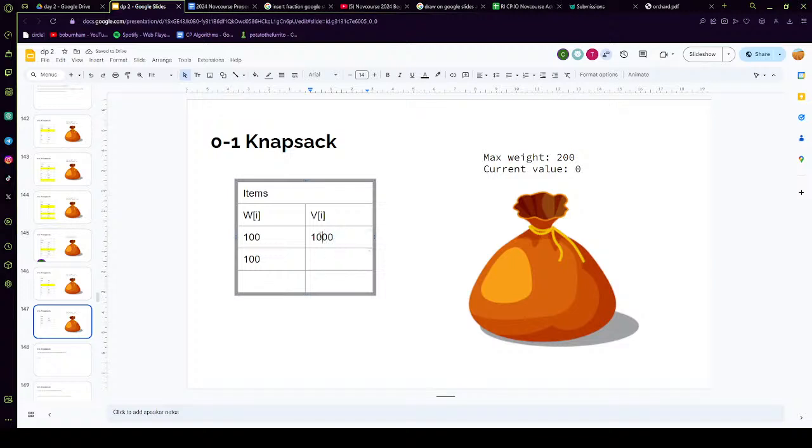Let me think. Hold on. Let's say 10,000 for the sake of it. Then here we have 99, and then 10. Oh yeah, 199 with 19,999. So clearly the greatest value for weight is this thing,